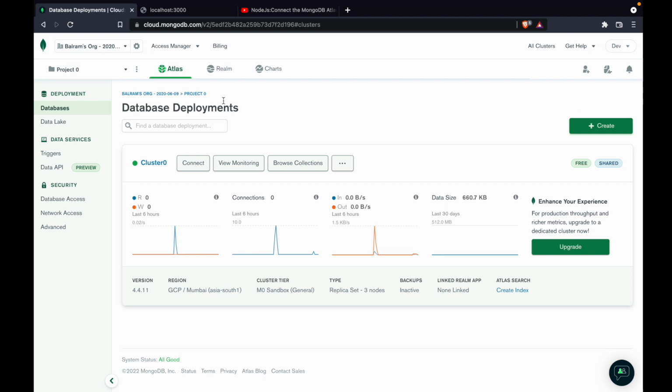And if you don't know about the MongoDB Atlas, it's a cloud hosted database provider. Like we have a database called MongoDB, right? And to use MongoDB, either we can install it on our local system, okay? So all the data which you are going to store will be stored inside your system only, okay?